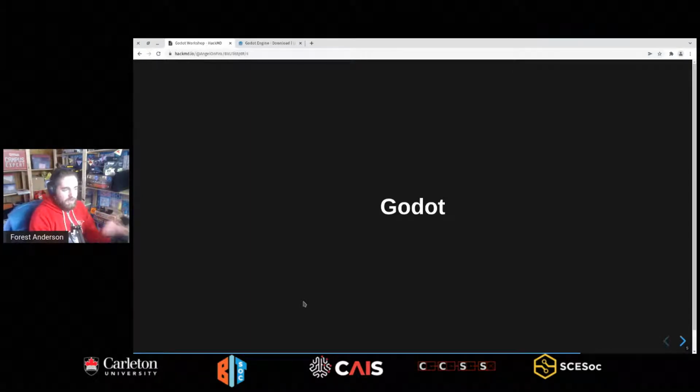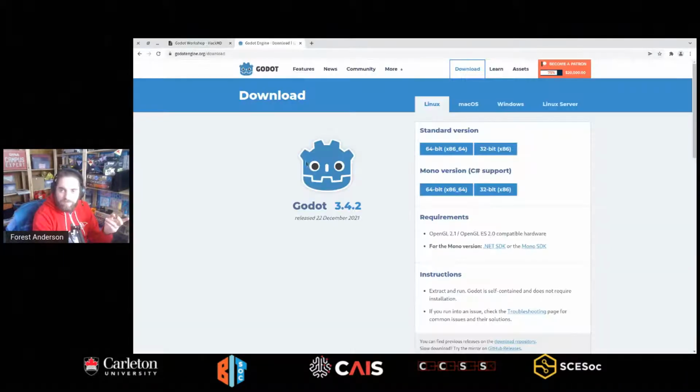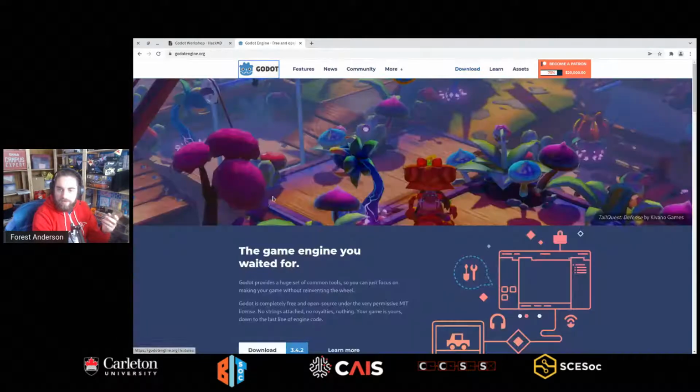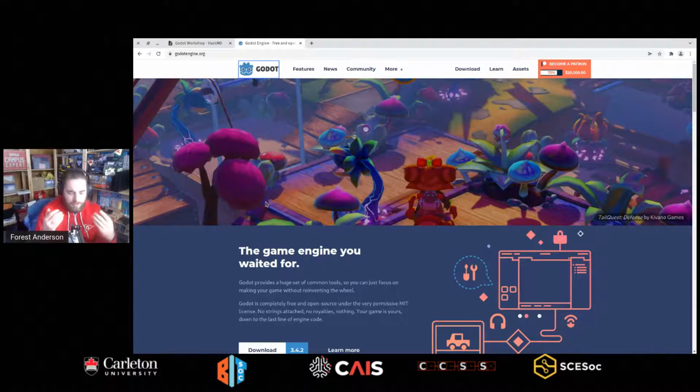And so, yeah, going over the Godot engine a little bit. If I take a look at the home page here, we might think of the big engines. You think of Unity, Unreal, and these are what are used for a lot of AAA games. These are what are used to create a lot of indie games and stuff like that. But you probably haven't heard of Godot in this space. And so the reason I want to talk about Godot